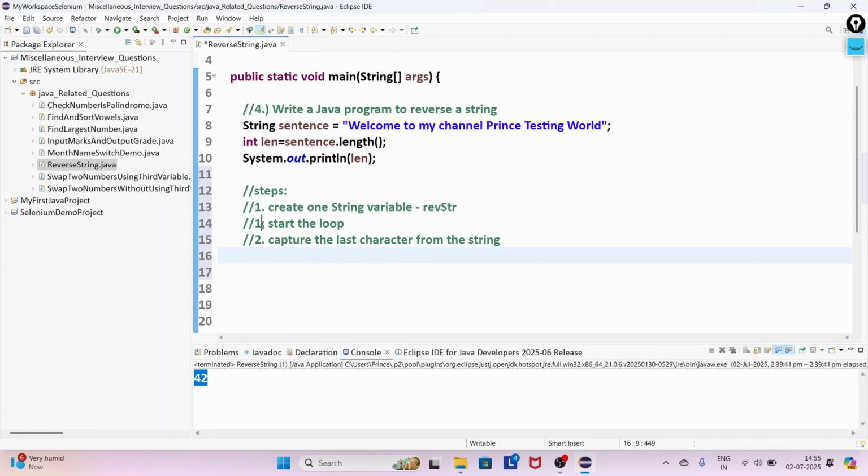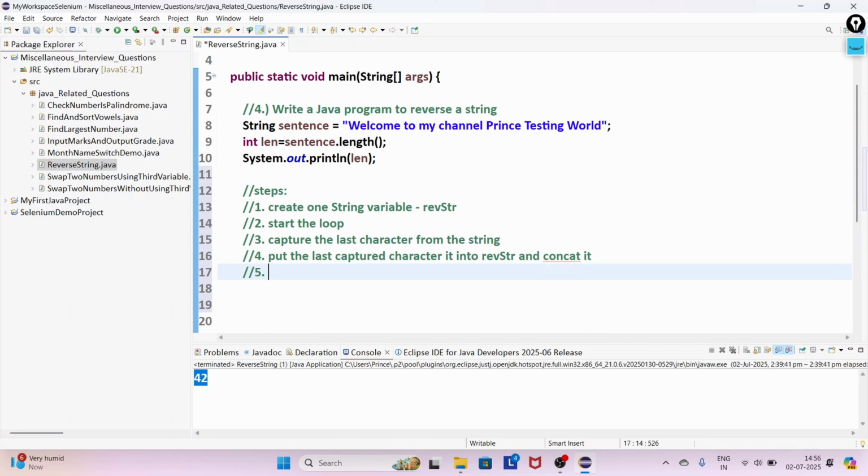Now at the fourth step, put the last captured character into reverse str and concat it.